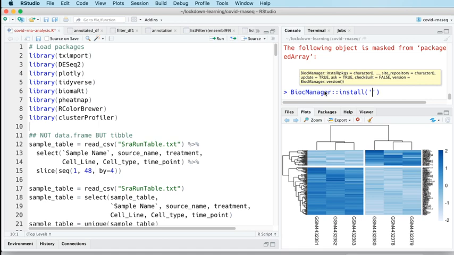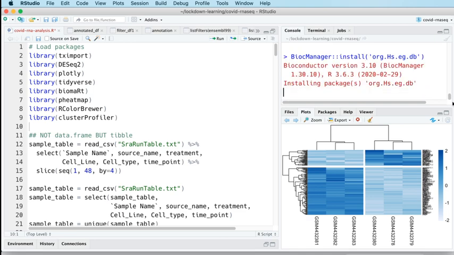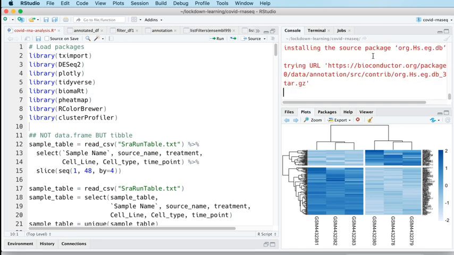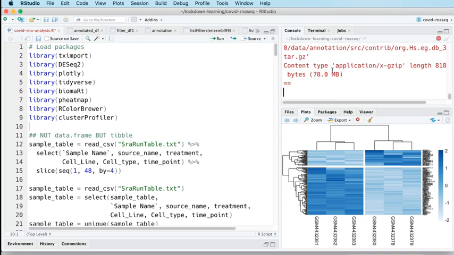It's called, this is a complicated one, org for organism, .hs with a capital H for Homo sapiens, it's the human database, eg for Entrez gene, and .db, and it's got lots of dots in. So org.hs.eg.db, and this is an annotation package. So the DB stands for database. So it's an annotation package from Bioconductor that it's going to download and install. These annotation packages can be quite large. You can see this one's nearly 80 meg, so it's a decent sized